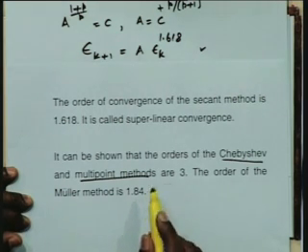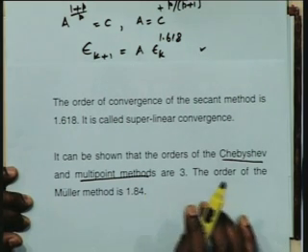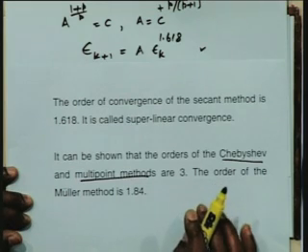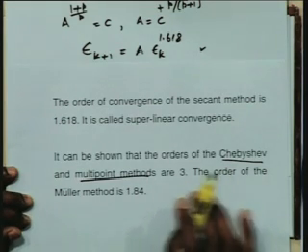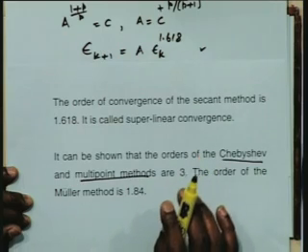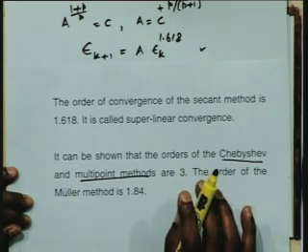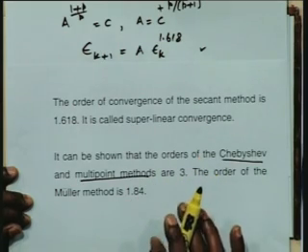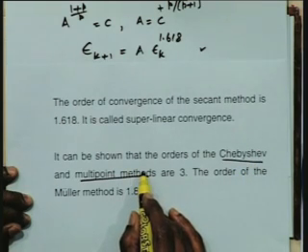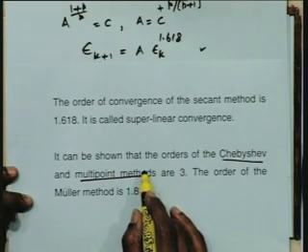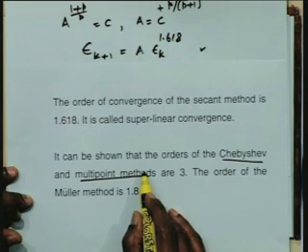So far, when we talked of the cost of these methods, we were counting the cost. The major cost was the function evaluation. The other parts, multiplications and divisions, are too trivial or too few. Therefore, the major cost was only evaluation. In that sense, Chebyshev and multi-point methods require 3 evaluations. Newton-Raphson method requires 2 evaluations. Muller and secant methods require 1 function evaluation.